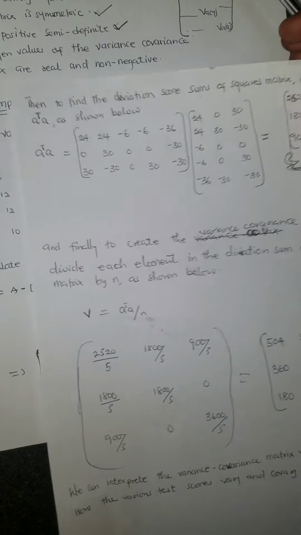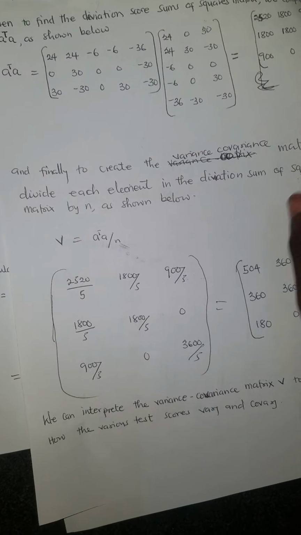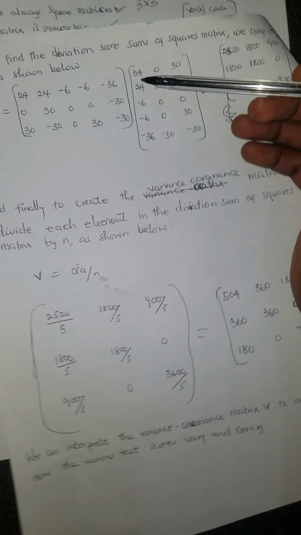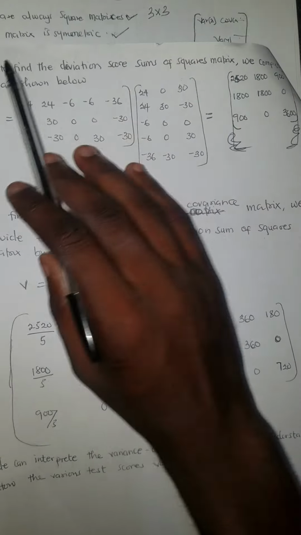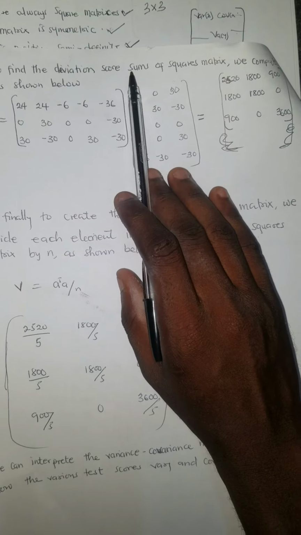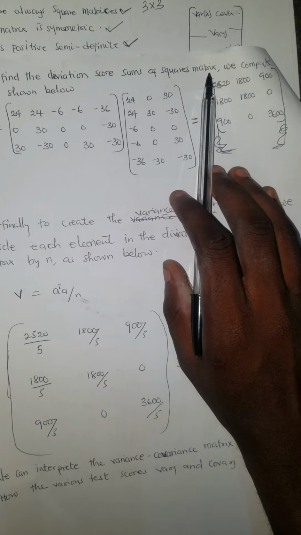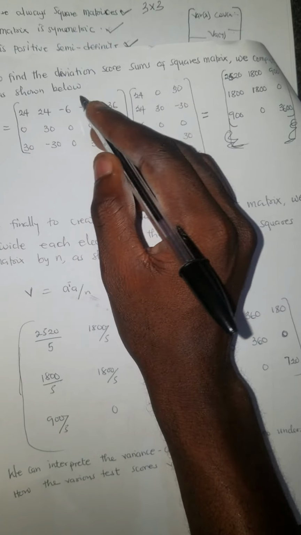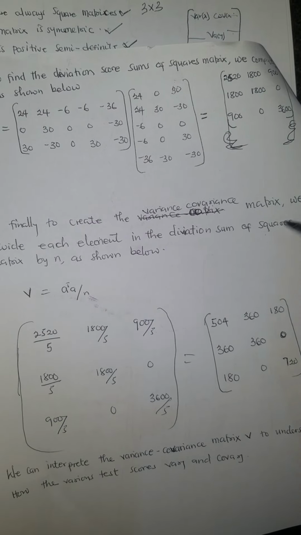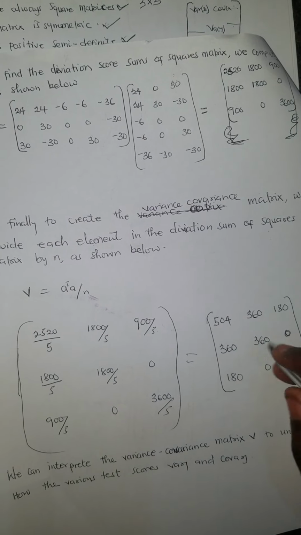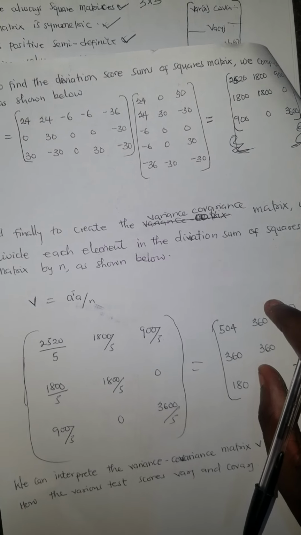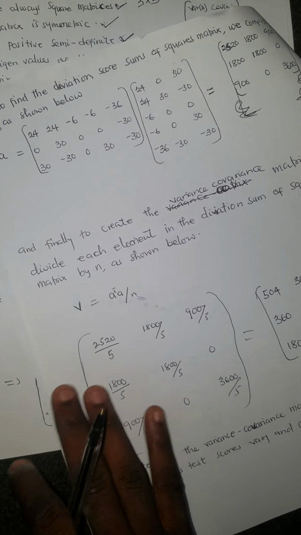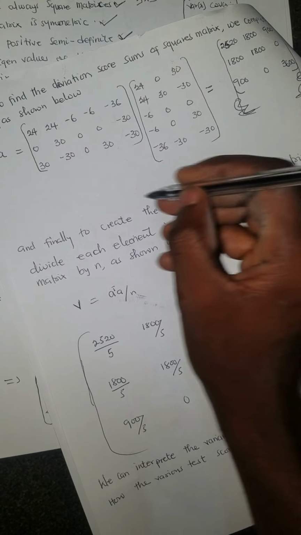Now, after the subtraction, we had this matrix here. Then to find the deviation score sums of squares matrix, we call this matrix the deviation score sums of squares, or the sum of squares matrix, let's call it that way. The reason why we are finding this matrix is that before we can find the